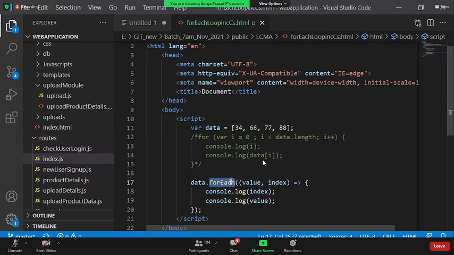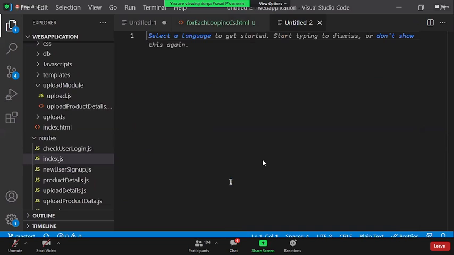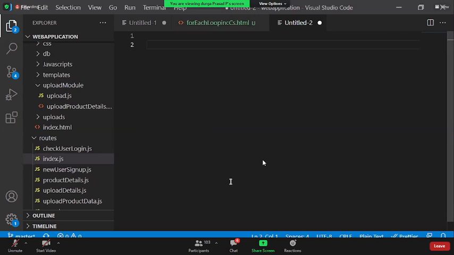Okay, so the next part, the most important concept, one of the very commonly used interview questions also: there are 3 new methods being introduced. There are actually many, but among these, there are 3 mandatory methods which can be applied on an array. There is something called the map method, something called the filter method, and something called the find method. These are the predefined methods supported from the latest JavaScript, which can be applied on an array.